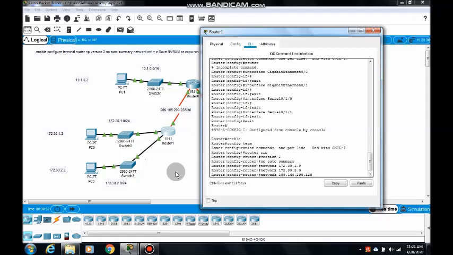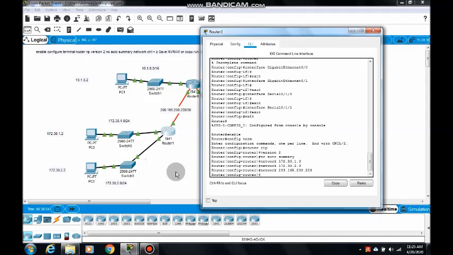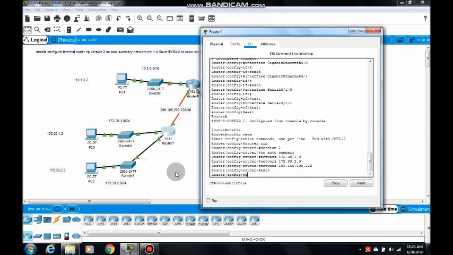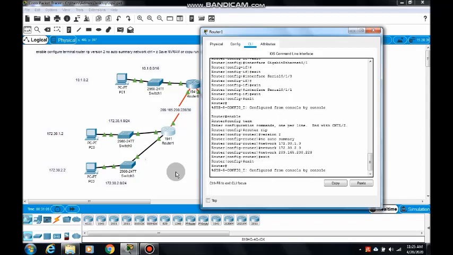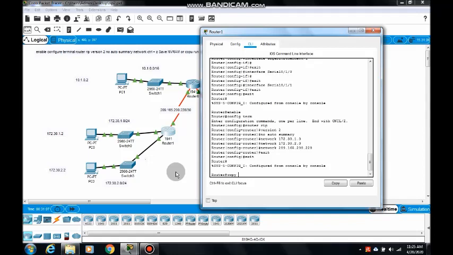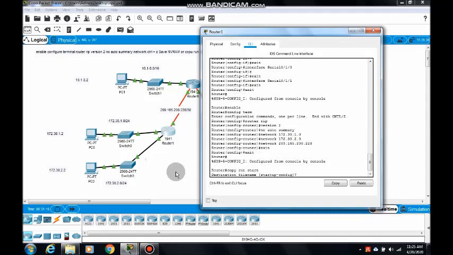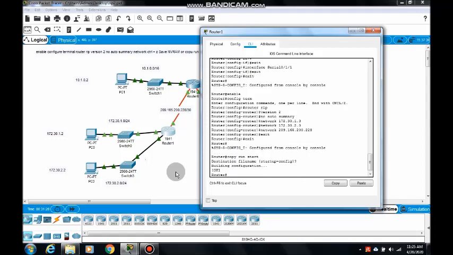Now 3 networks are configured with router 1. Okay, now give the exit command. Then give the copy run start command, which will store all the configuration settings to the startup config file. It is copied now. Similarly we have to configure the other routers also.